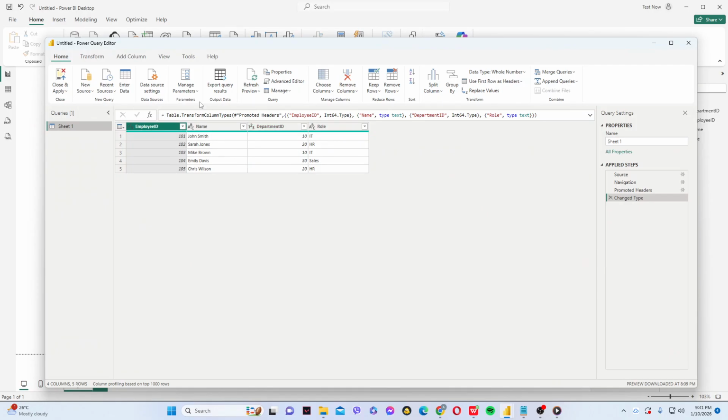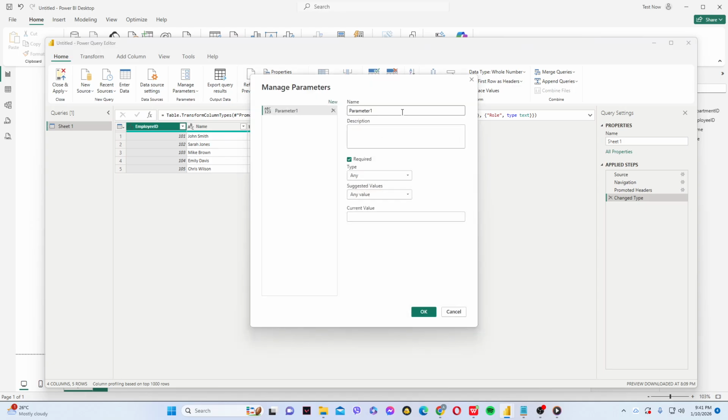In the Home tab, click Manage Parameters, then choose New Parameter. Give it a clear name. We'll call it Target DPET. For the type, select decimal number. That's important because our department IDs are numbers like 10, 20, and 30, and using a numeric type helps Power BI treat the filter correctly. Set the current value to 10, then click OK. You've now created a reusable input that we can plug into a filter, so you won't need to hard code